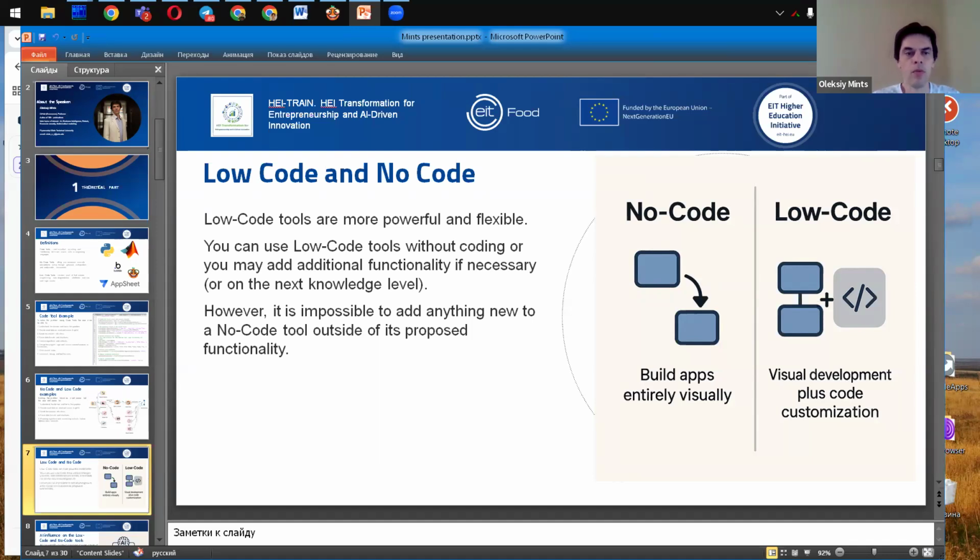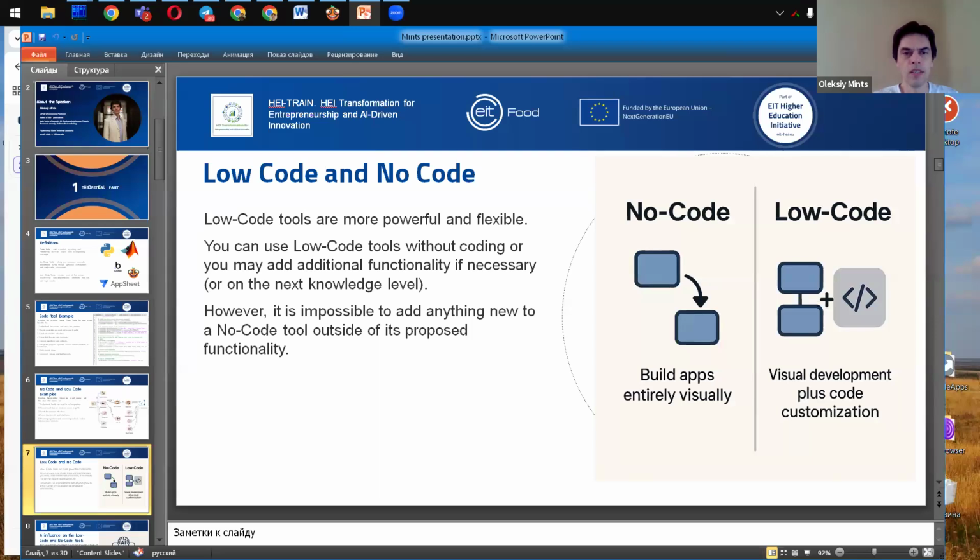For example, with Bubble.io, you can visually assemble your application, and when you need a custom algorithm or third-party API integration, you can drop in a bit of JavaScript or call an external endpoint, and you receive this functionality.